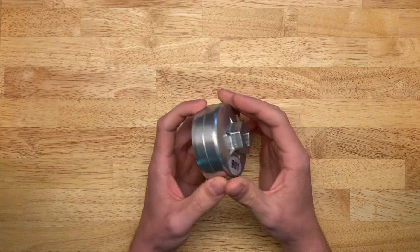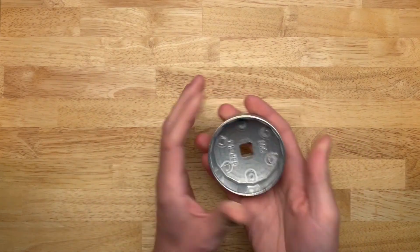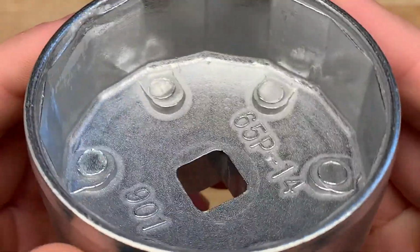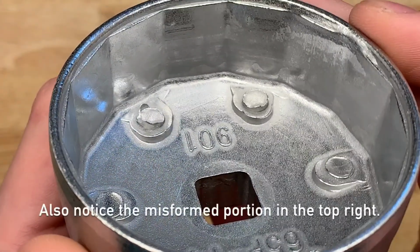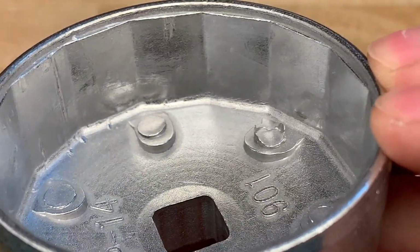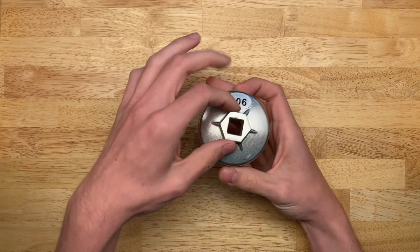One thing I will say is that it definitely feels like zinc or Zamac. It doesn't feel like aluminum. And the other thing you will probably be able to notice is how sharp these injection points are. That one in particular is like a razor. So what I can do is just put this, because it has this nice hex here,